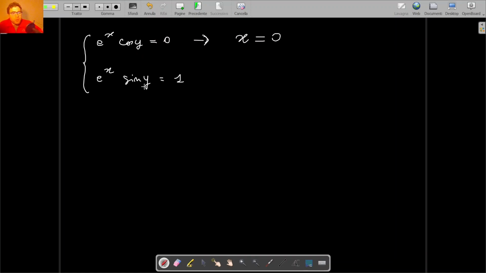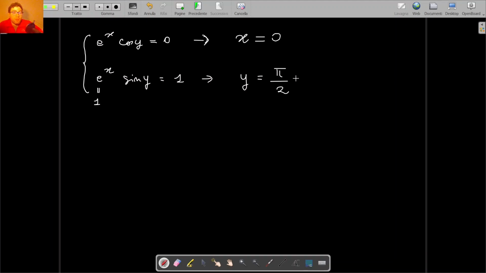From the second equation, since this whole e raised to x times sine of y must be equal to 1, we have that x is equal to 0, so this exponential is equal to 1. Then we have sine of y is equal to 1, so y must be equal to pi over 2,